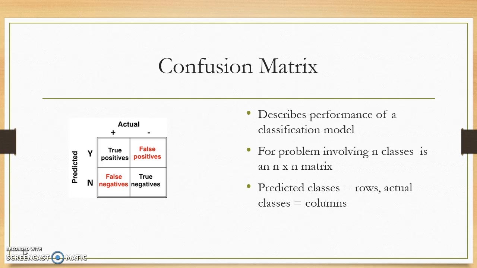So the confusion matrix, what exactly is it? It is a way to describe how well a classification model is doing. Is it really good at predicting the outcome? Is it kind of sort of good? Is it not even worth our time to use? So this helps us know how well our